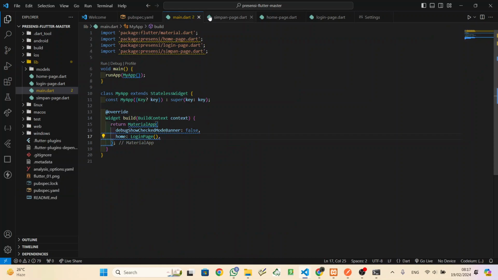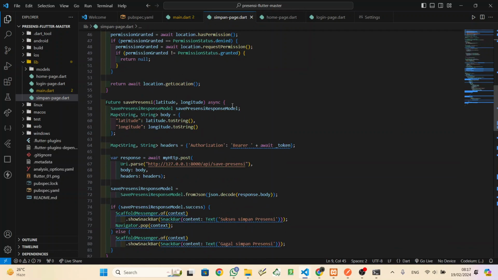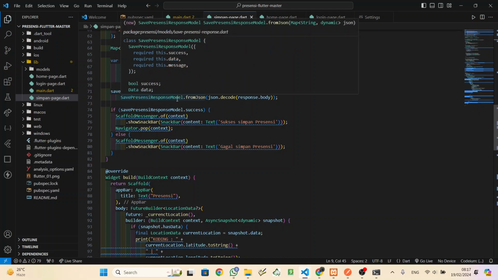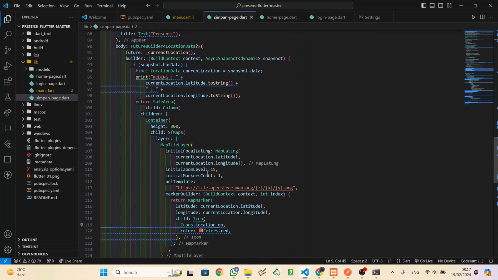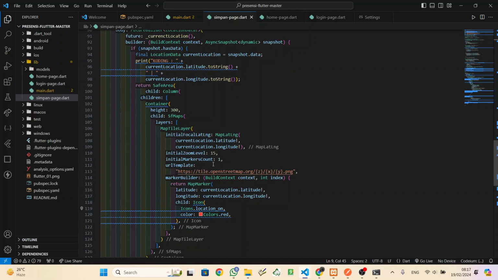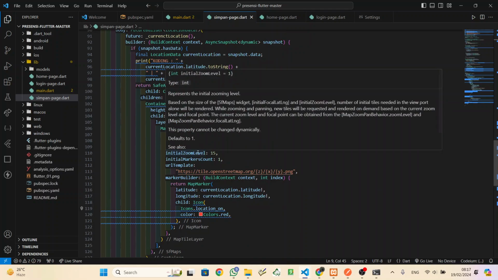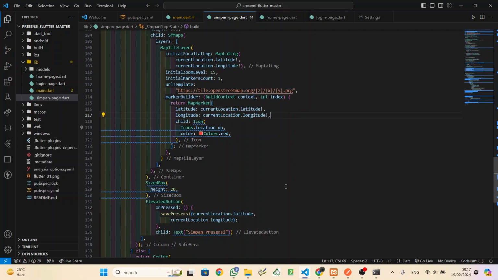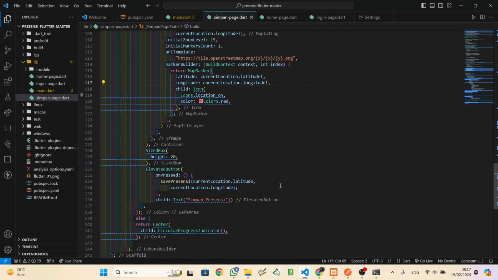And then after that you can use the map tile layer and also these arguments and parameters, the map marker, the initial zoom level, and all of these things.